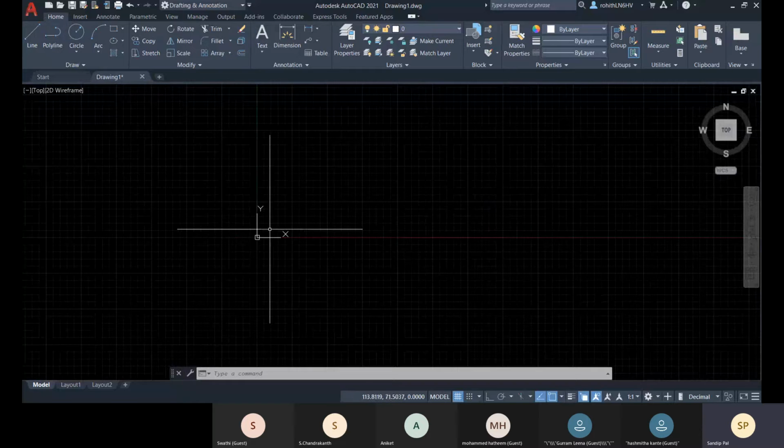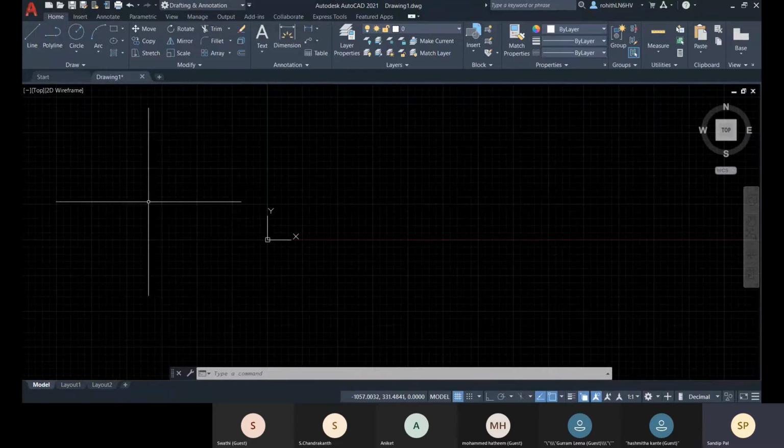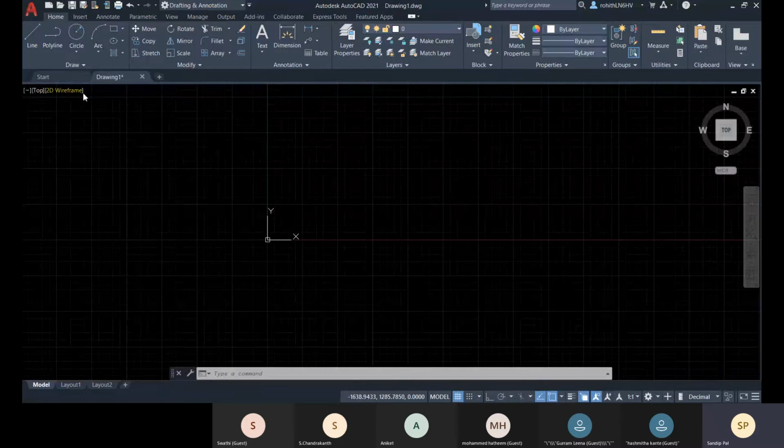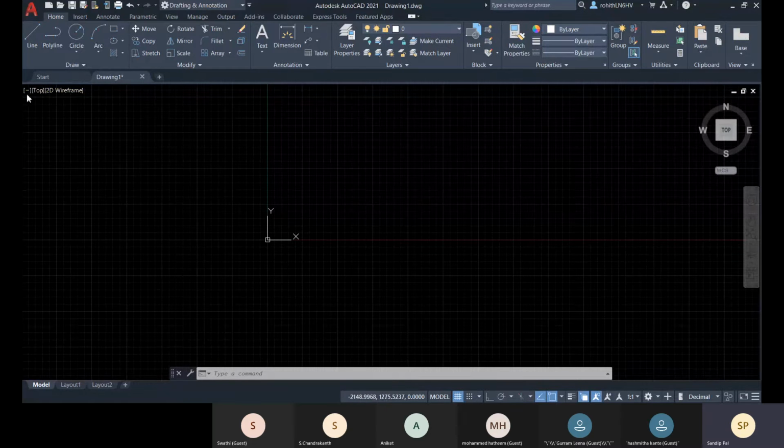Now let me tell you about the menus within this viewport. The first option is your viewport control menu. This minus symbol you can see is your viewport control menu. And at the top, that is your view control menu, and this is your visual style control menu.